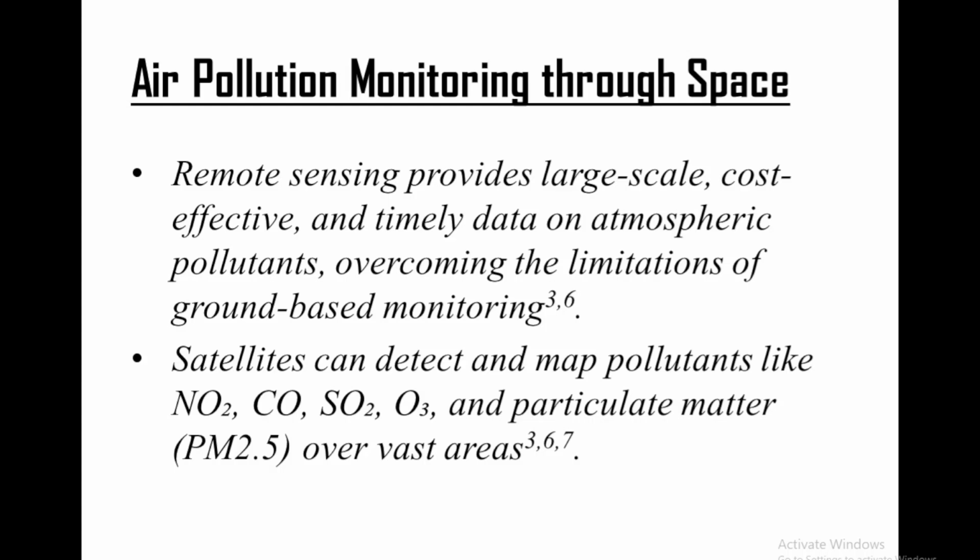Because of this particular drawback, we cannot really sense what is the vertical mixing within the atmosphere, if there is any happening. These are the different limitations. But despite these limitations, satellite based air quality monitoring has become an indispensable tool in climate science, public health planning, and environmental policy making. It also forms the backbone of global initiatives like the Copernicus Atmospheric Monitoring Service, or CAMS, and NASA's Earth Observing Systems.